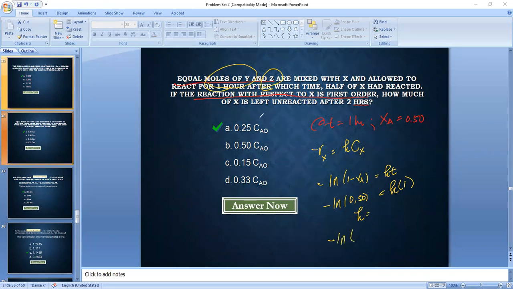How much of X is left unreacted after 2 hours? So you will have here 1 minus XA. You use the value of the K that you have here and you place your time, which is 2 hours. The XA that you will be getting here will give you the answer for this. It will not give you 0.25 CAO, but you will have to answer it like this based on your answer